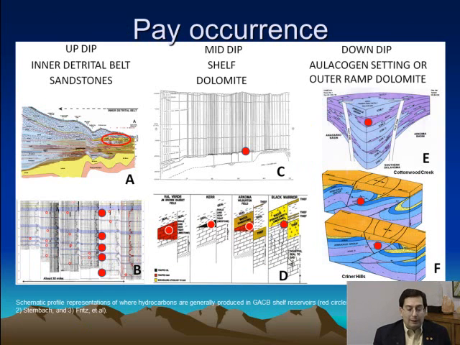If we look at where oil and gas pays occur in the various depositional settings, this diagram helps illustrate that the interbedded sandstones and dolomites, as they play out in an up-dip scenario, can have multiple pays over, in this case, an example from the Michigan Basin, where there's 900 feet of sand and dolomite, and there are pays at the top. This would be where the unconformity is, but there are pays all the way down, and you can get stacked pays.